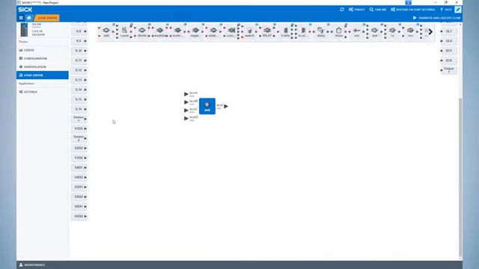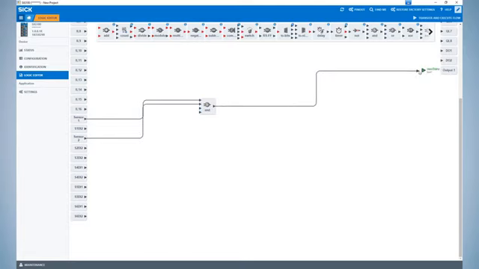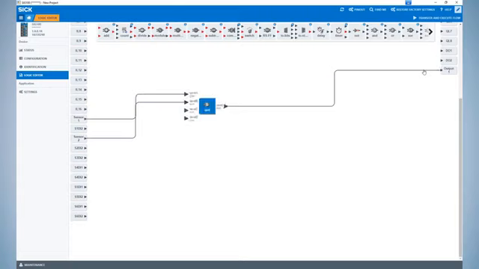Next, make connections from the desired inputs to the logic gates. First, click on the desired input, then click and hold on the arrow. A connection line will be created. You can then drag the line to the input of a logic gate. As you get closer, the logic gate inputs will expand to accept the connection line. The same process can be repeated for all desired connections.